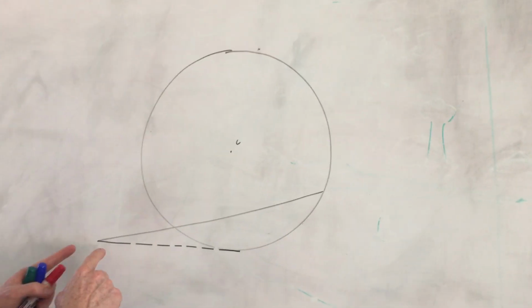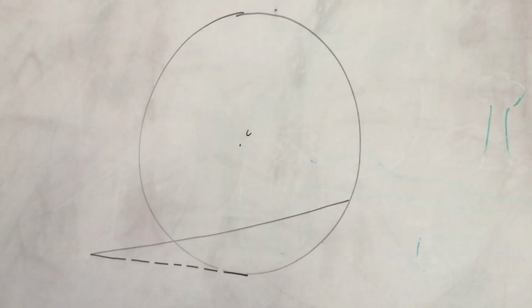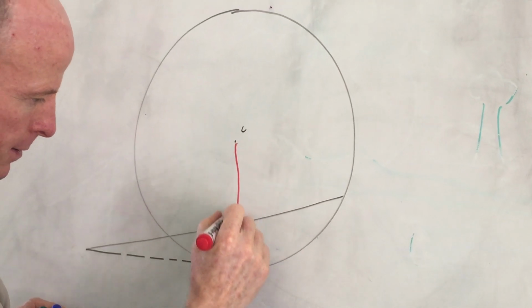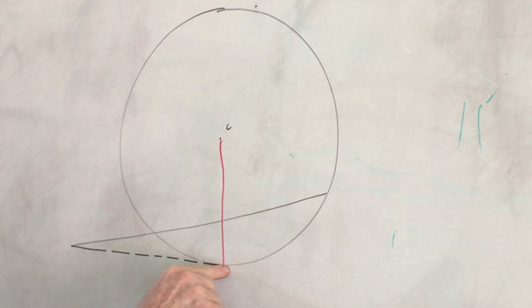Let's do the same thing over here. We have a point outside, a line cutting, a line touching. That's given. Let's have some fun here. We'll do different colors. We'll drop a line to the touching point, okay? And then